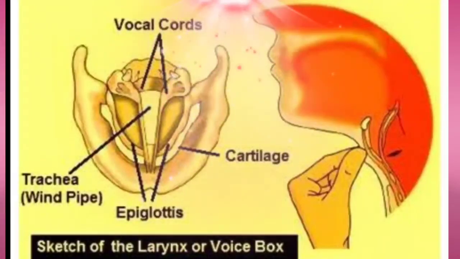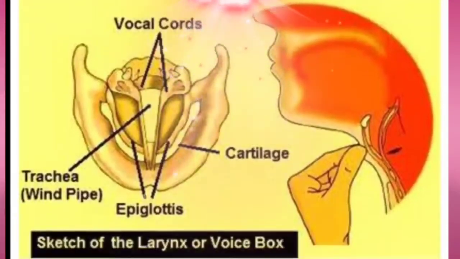Let us see one example. Take two rubber strips out of an unused bicycle tube. Place these two strips one above the other and stretch them tight. Now blow air through the gap between them. As the air blows through the gap between the rubber strips, a sound is produced. The human larynx works in a similar way.